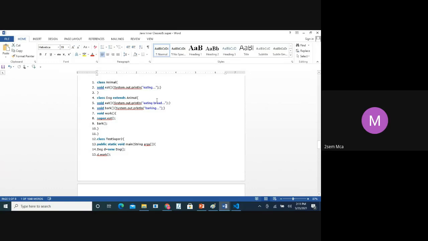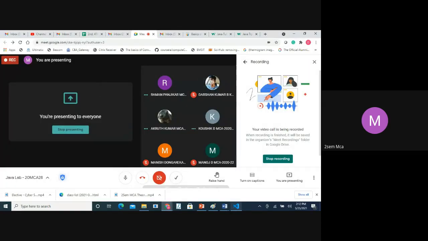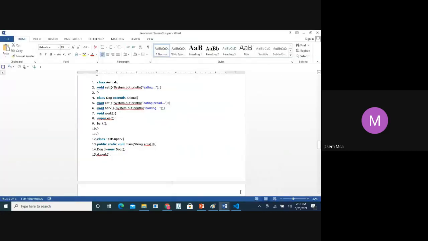We have one more method called bark, just to display. Then void work is one more method where we are calling super.eat, so we call that method here, and we also call bark.